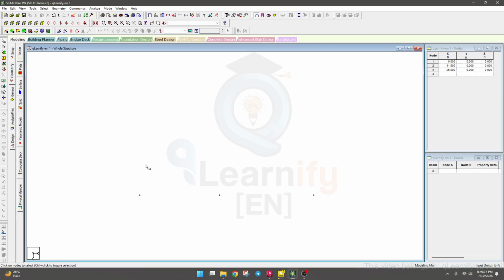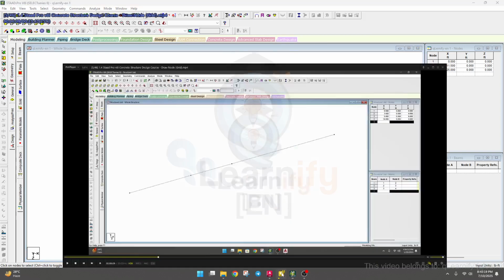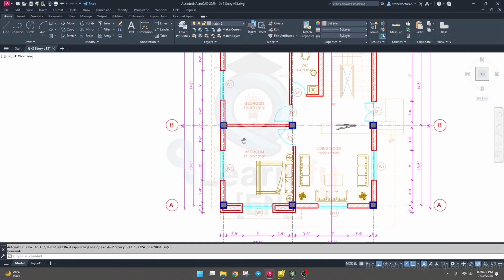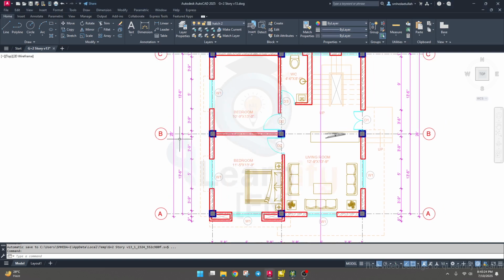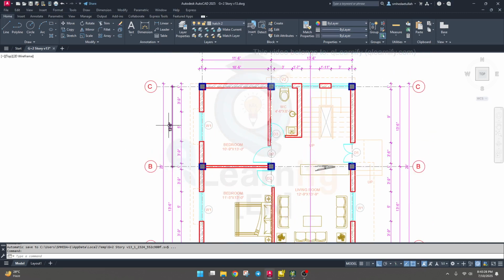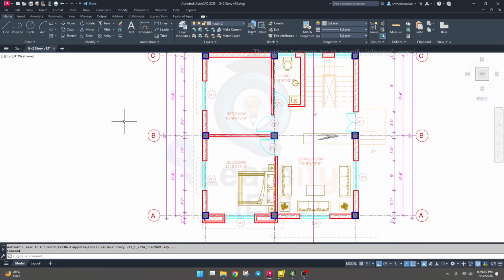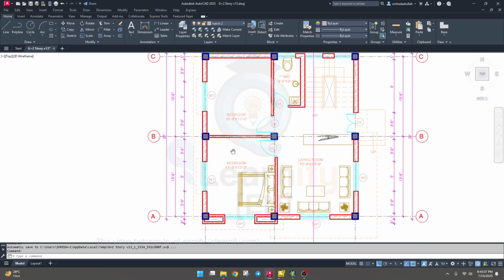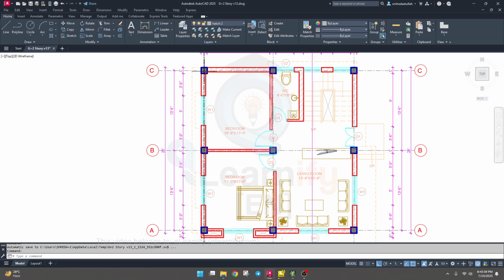In this direction our value is in Z direction. So sorry, here 13 feet and 8 inch, 13 feet and 6 inch, same 13 feet 6 inch, and also this is 13 feet and 6 inch. So we can do two things here. We can copy the 3 points here again and here again. Otherwise we can draw